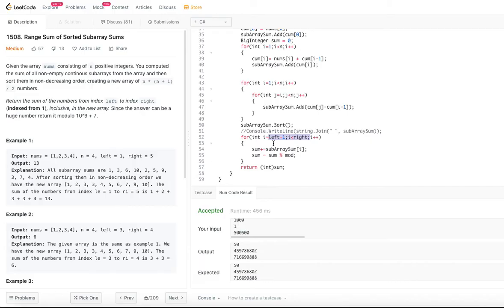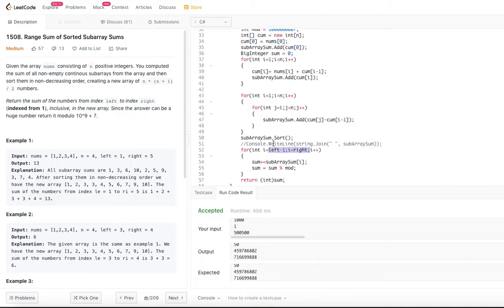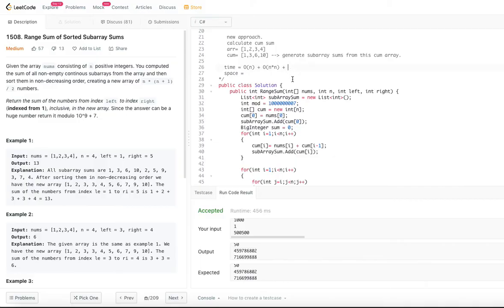right? Which we don't know what the number is going to be, right? So it will be a simple number. So even if you say it is going to be n squared, right? So let's say order of n into n. So the total, right? The total time complexity will be order of n square, right?